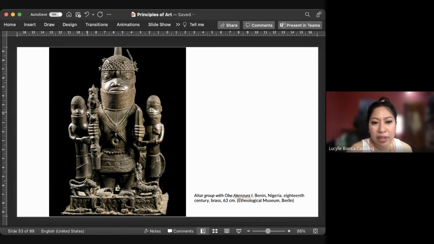For instance, this one, there is a hieratic scale, meaning the person that is bigger here means that the person is more important compared to the two figures here. So that's why this is bigger. So that happens a lot